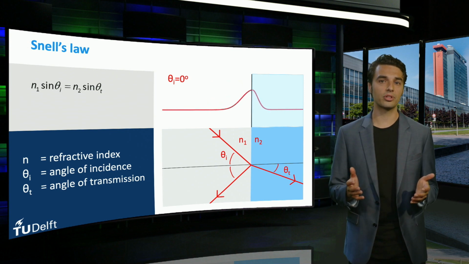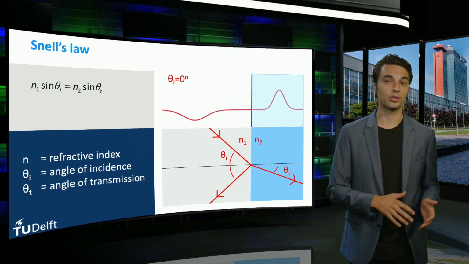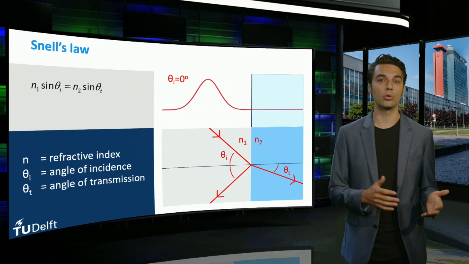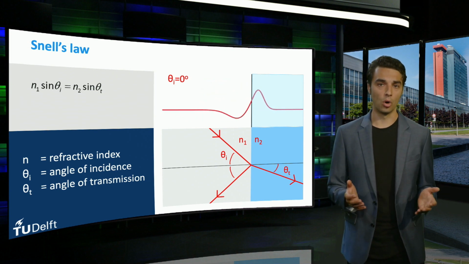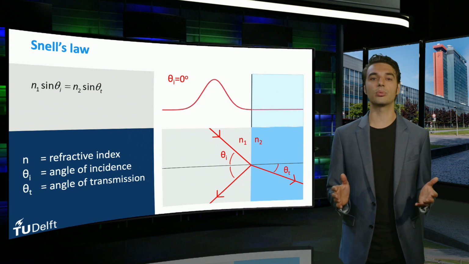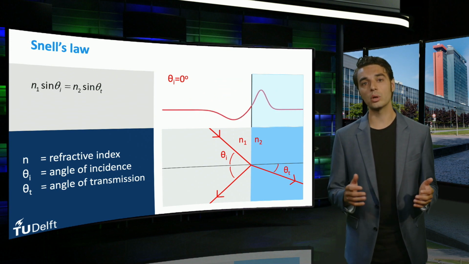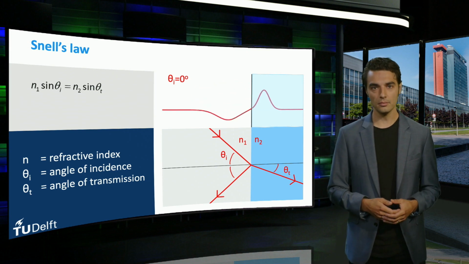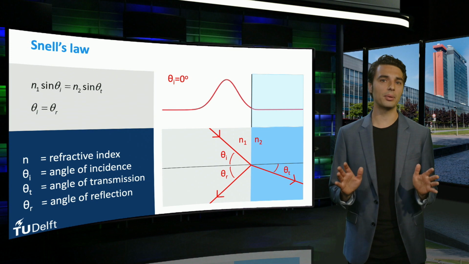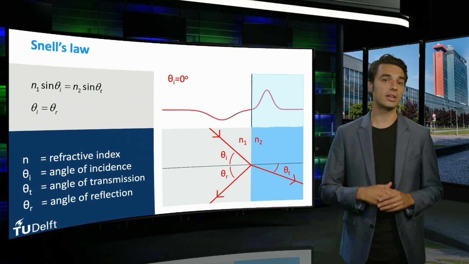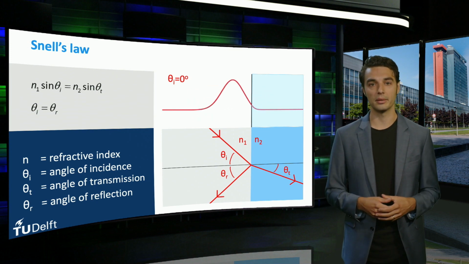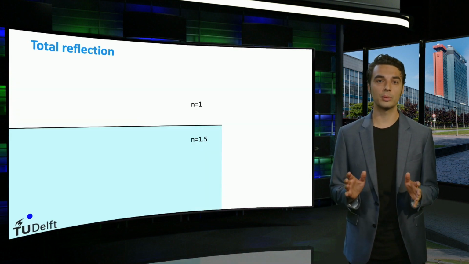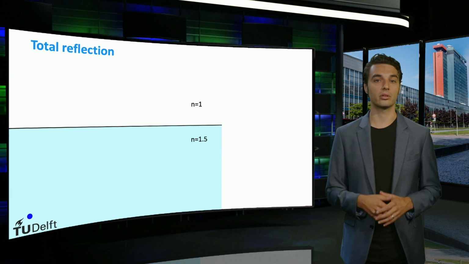It can be gathered from Snell's law that if n1 is greater than n2, the angle of transmittance will be smaller than the angle of incidence. Furthermore, we can see that by increasing the difference between the refractive indices, the angle at which the light beam is refracted will also increase. The angle of reflection, however, simply equals the angle of incidence regardless of the refractive indices of the two media. There is an important implication of Snell's law that we will derive by putting Snell's law into practice.